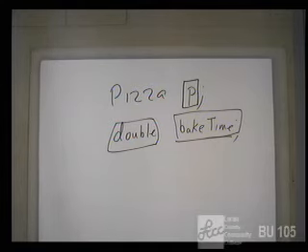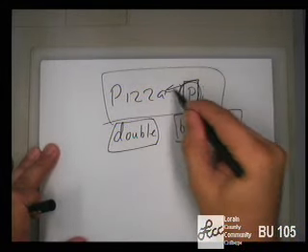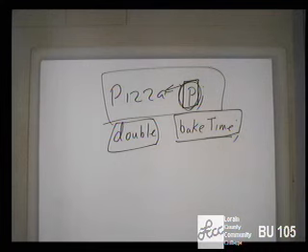So this line here is simply saying I have a variable P that's going to contain a pizza. It doesn't actually create a pizza, though. At this point, if I tried to do anything to that variable p, I would get an error. All right? I would get an error because I've said that the variable p is going to contain a pizza, but I haven't created a pizza yet. I've told it it's going to contain a pizza, but I haven't gone and made that pizza yet.